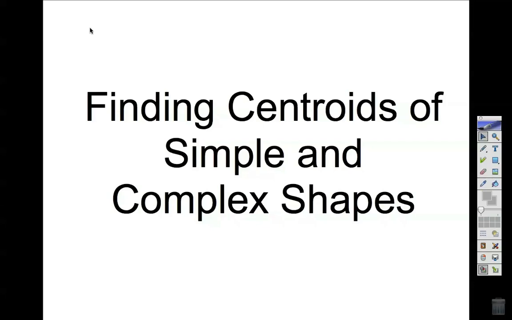In this video, I am going to show you how to find the centroid of a simple shape and the centroid of a complex shape. What this means is that if I had a simple shape cut out in a piece of paper, whether it's a triangle, circle, square, or rectangle, I'm going to show you how to find that center of balance, or the balancing